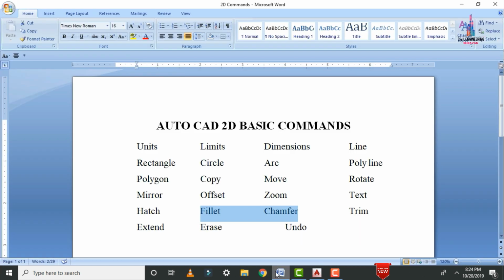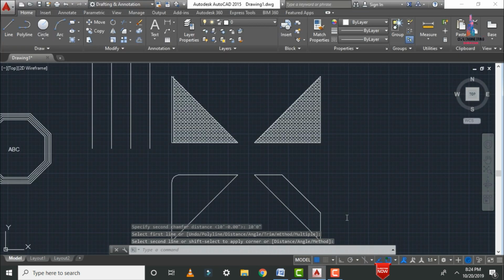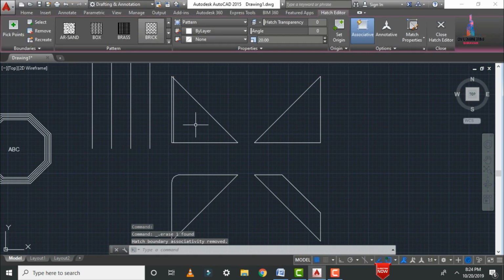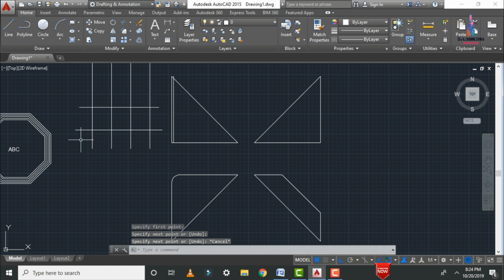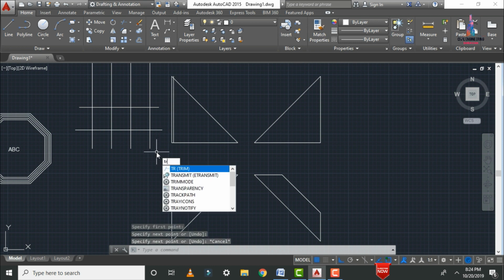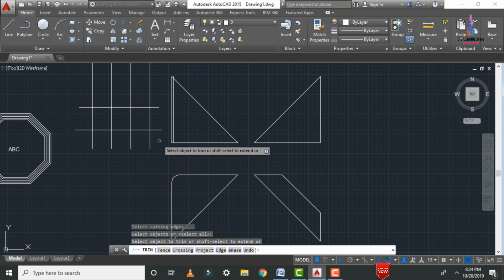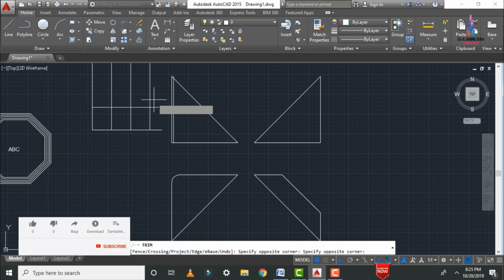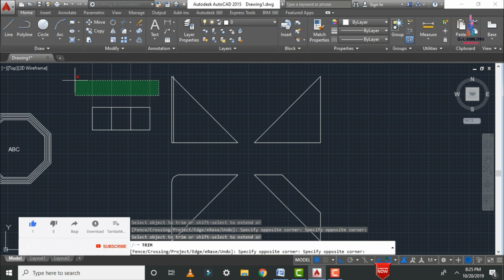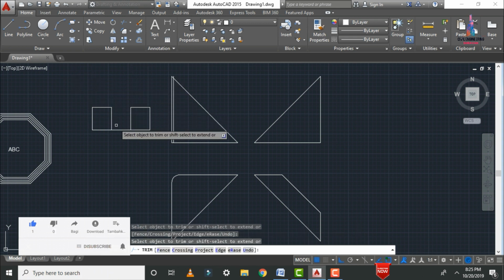The next command is trim. This is one of the most important commands. Let us consider the line. I am drawing horizontal lines for this object like this, and again in the same process drawing the offset command here. If you want to remove the excess portion outside the sections, we will apply the trim command. Trim is helpful for removing excess portions or objects related to the selected object. You can apply the trim to this object to remove sections like this. So this is the process of trimming.